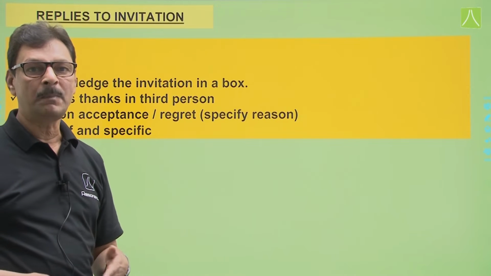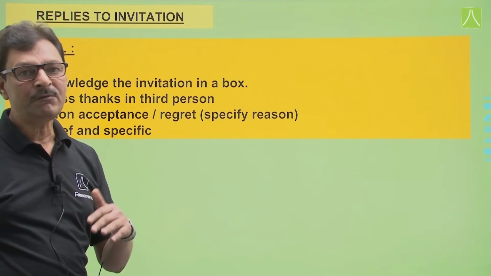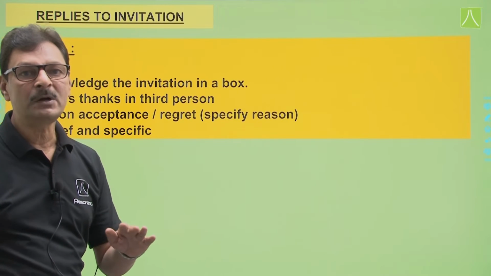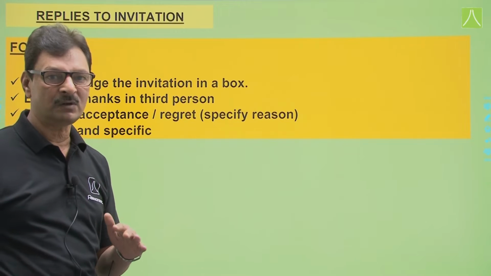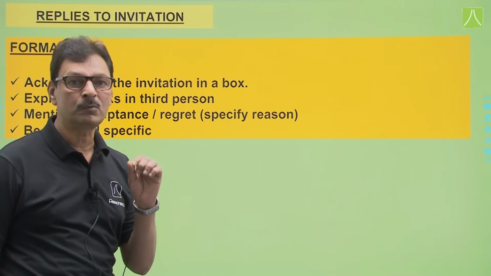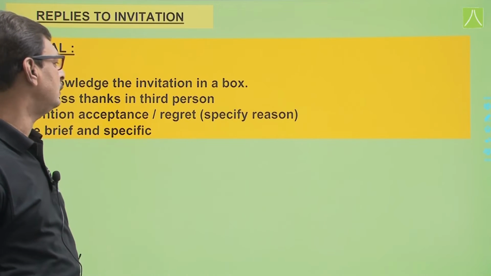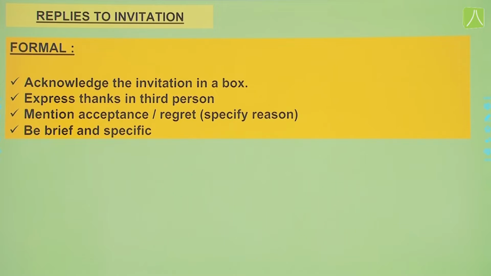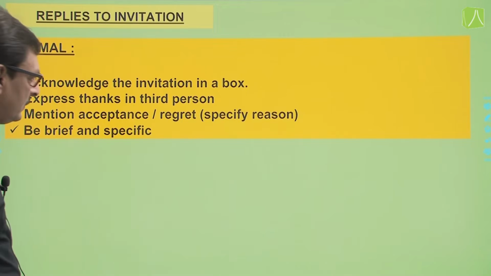अगर आप फंक्शन में जा पाओगे उसके बारे में बताओ. If for some reason you are unable to go to that function, आप नहीं जा पाओगे इस फंक्शन में, you have to specify the reason. आपको कारण बताना है for unable to attend the function. And be very brief and specific. चलते हैं